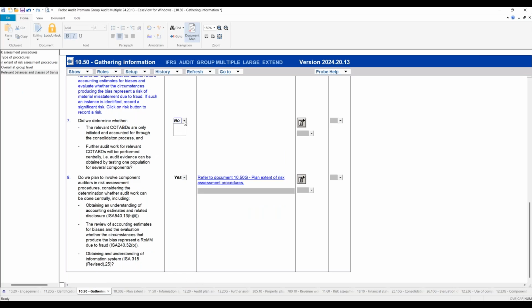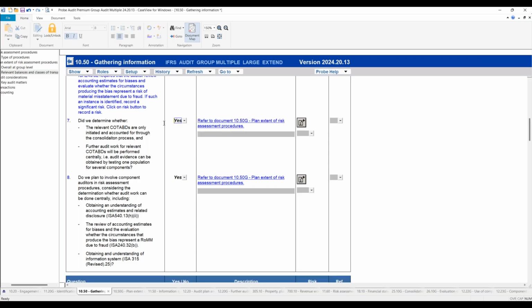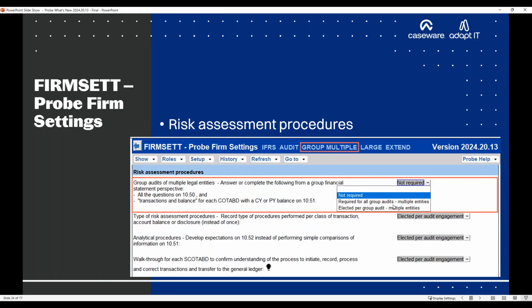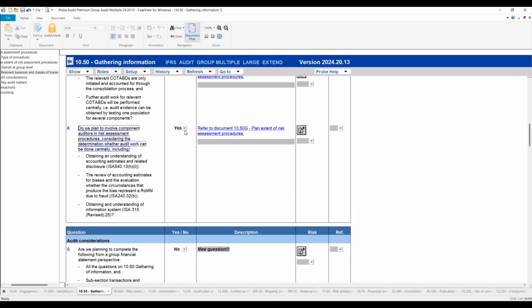So only if we say yes there, and we say, yeah, actually, I need to answer questions in 1050, do I need to then go and answer the other questions? And the next question is then the one that I've switched on. So just to show you again, the question about answering all the questions. Only if I say yes here will I then be prompted for all of the other questions. Okay, I can say no here, that's perfectly fine. Also, that's the option per question, per audit. Or if I want in my firm, I can actually just switch this off entirely, and then I won't have all of the questions in 1050, etc. Okay, so